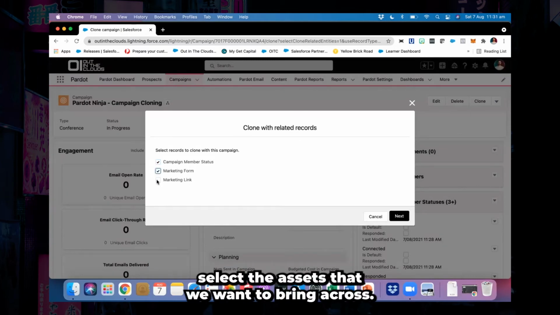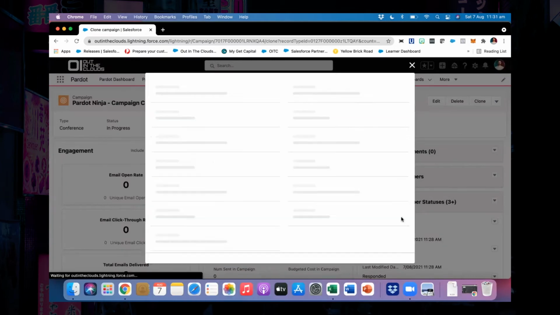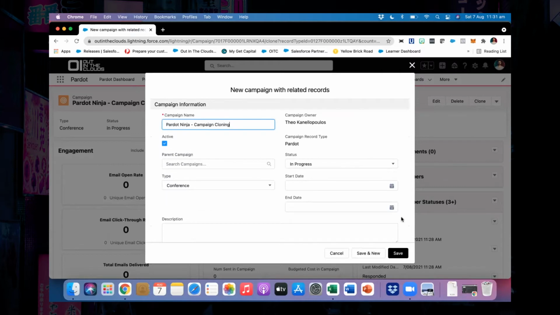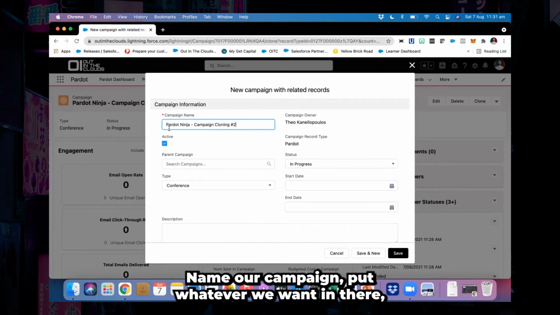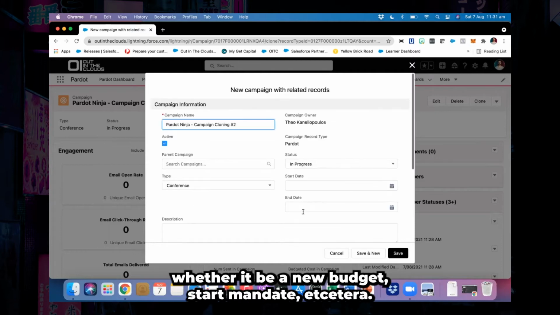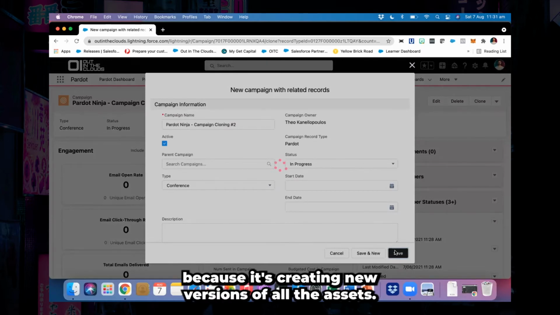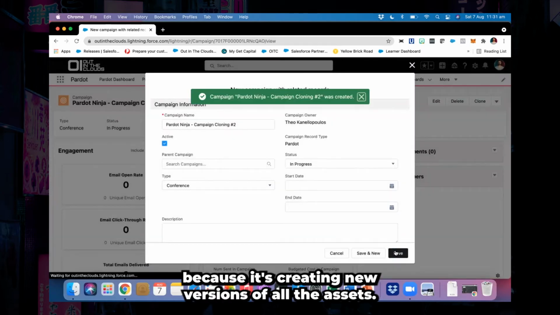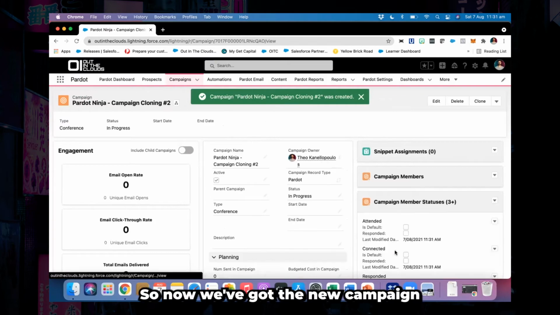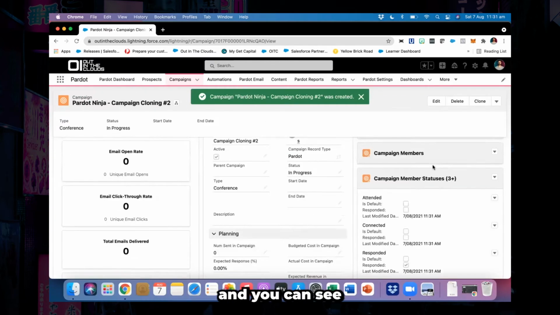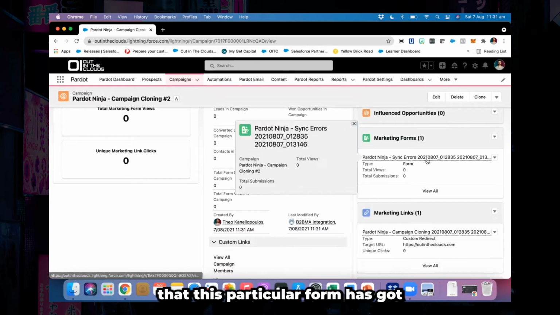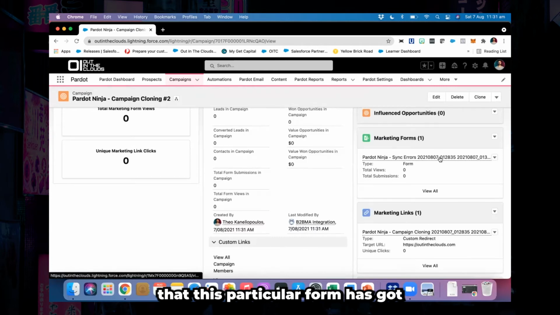select the assets that we want to bring across, name our campaign, put whatever we want in there, whether it be a new budget, start and end date, etc. Save it. You can see it takes a little bit longer because it's creating new versions of all the assets. So now we've got the new campaign, and you can see that this particular form has got